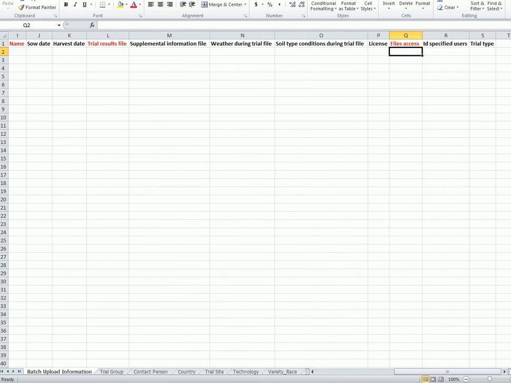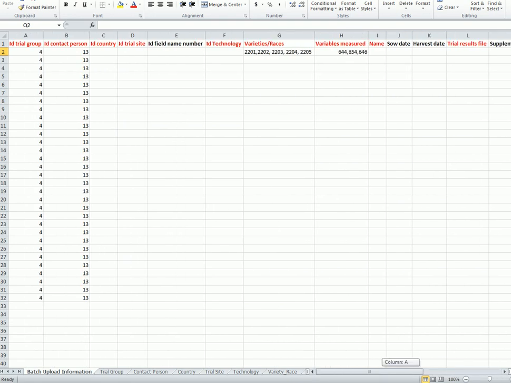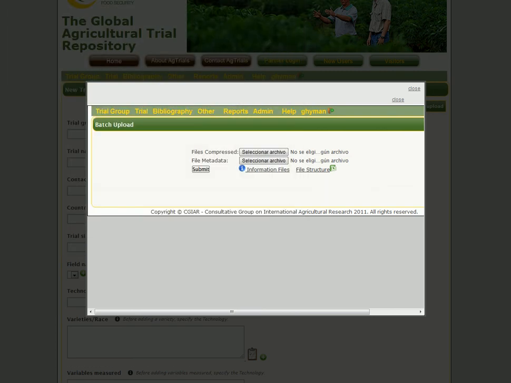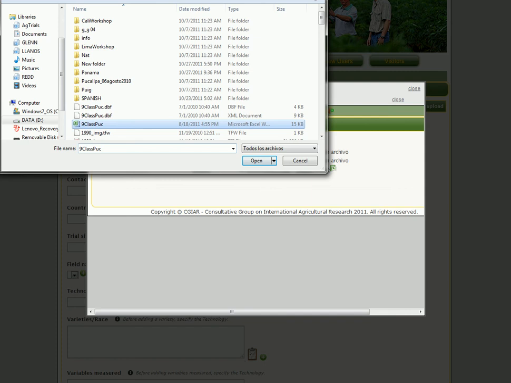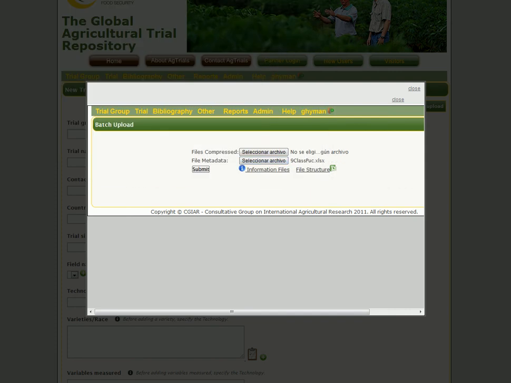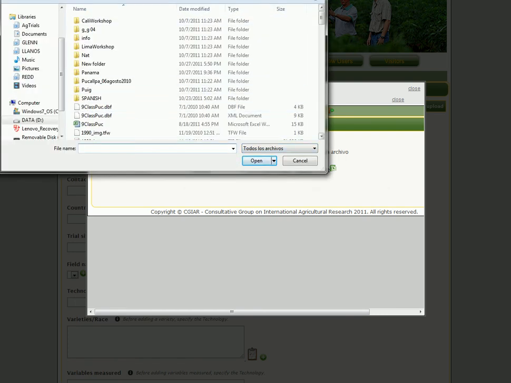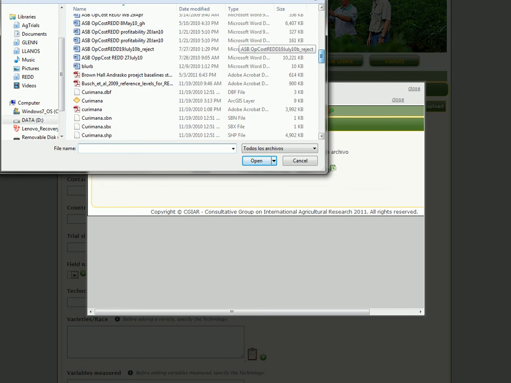So basically, that's how the system works. And then once you have filled out this file, you go back here, and that Excel file you would put in from off your hard drive, and then the results files is this compressed file field,